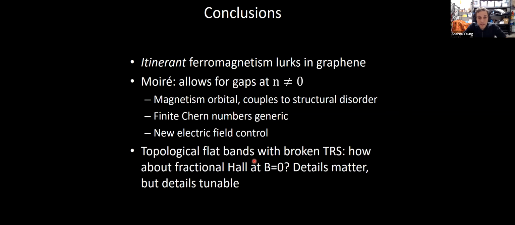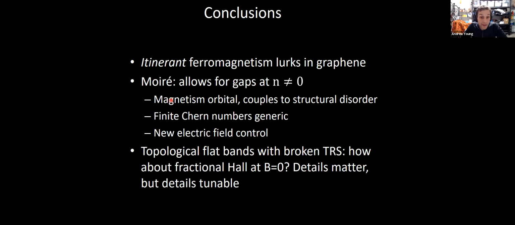Let me conclude and say that I think the basic takeaway we've gotten from this, which perhaps for us has been more a question of understanding what has been there in various ways for years already, is that graphene wants to be an itinerant ferromagnet. It's actually not that hard to make it an itinerant ferromagnet once you jack up the density of states a little bit and reduce the disorder.